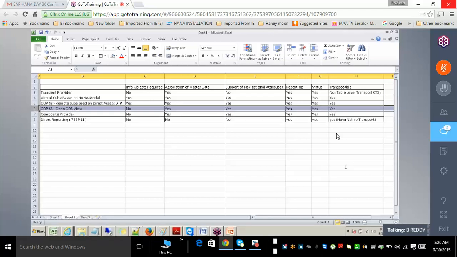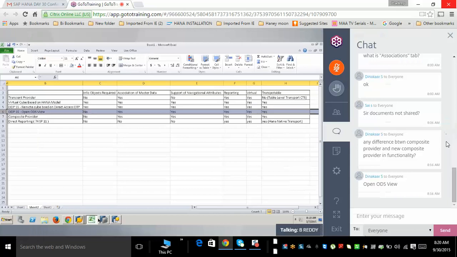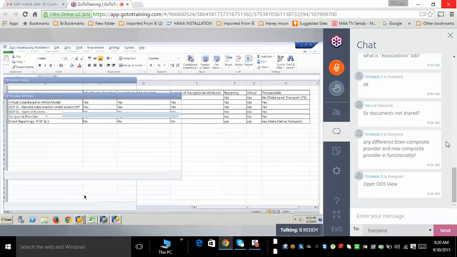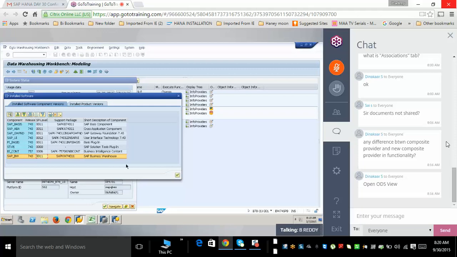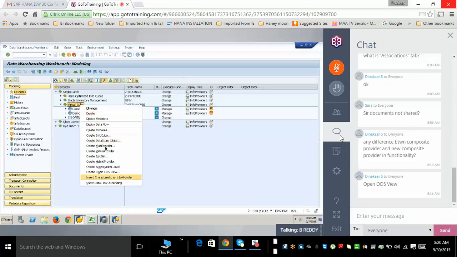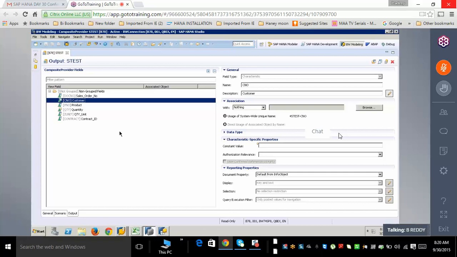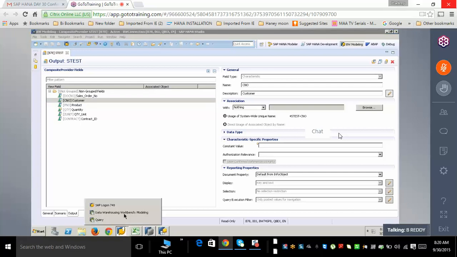Any difference between composite provider and new composite provider in functionality? If you can create composite provider here, it would be clear, but now there's no more concept of creating composite provider here. You have to create in HANA models. ఏం లేదు పెద్ద డిఫరెన్స్. 7.5 లో అక్కడ కూడా చేసేది ఉండింది. అక్కడ చేసిన దానికి ఇక్కడ చేసిన దానికి డిఫరెన్స్ ఏమి ఉండదు. ఆబ్జెక్ట్ టైప్ వేరే అవుతుంది. అంటే వెన్ యూ బేసిక్లీ డూ ట్రాన్స్పోర్ట్స్ రైట్,